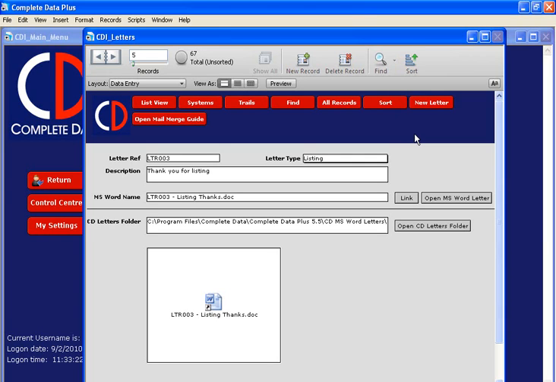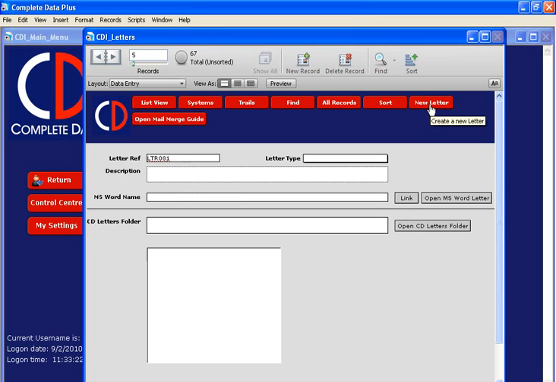The next thing that we need to do is populate a new letter into my system. This may have been a letter that I've been using for quite a period of time that has been working quite well for me. What I need to do is come in and create a new letter. By selecting this detail, it will give me the next consecutive letter reference here. It's created a whole blank shell for me to be able to populate my details in